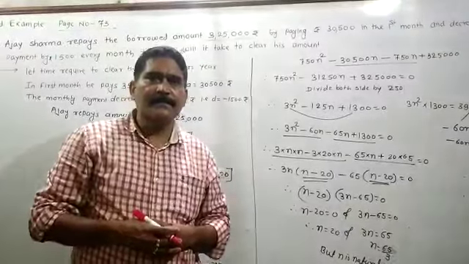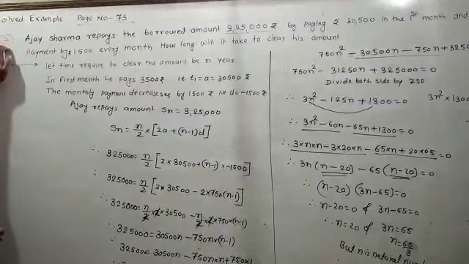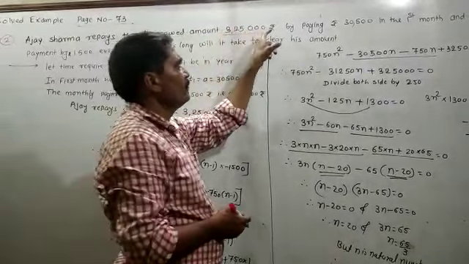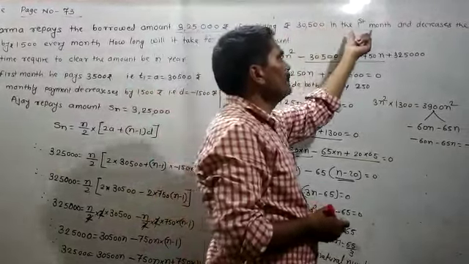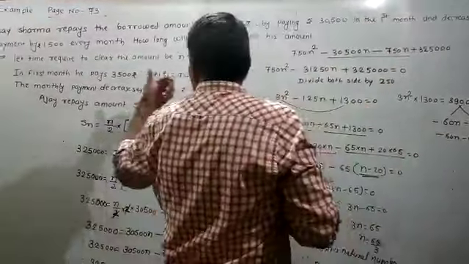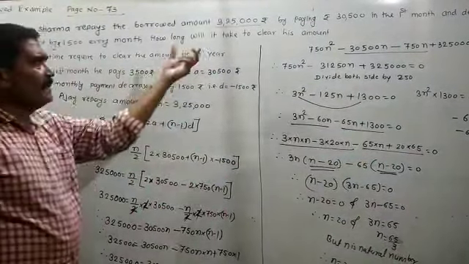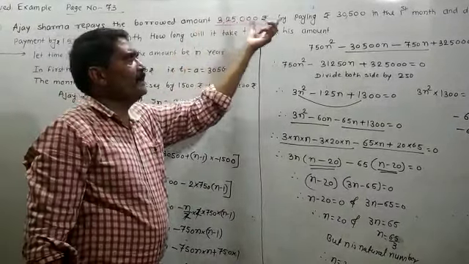Start with the short example, page number 73. Second example: Ajay Sharma repays the borrowed amount of 3,25,000 rupees by paying 30,500 in the first month and decreasing the payment by 1500. This means he has to repay this much amount to the bank, but he is paying the first